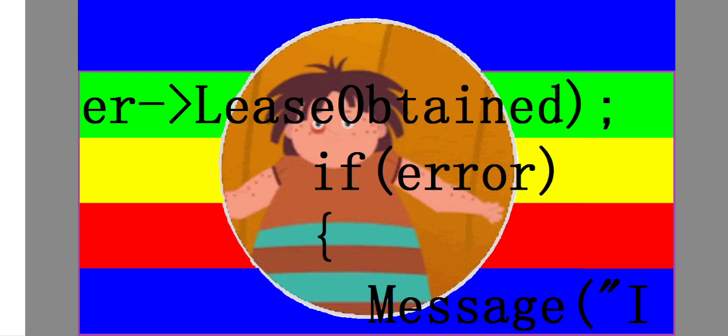Pay attention, error is errno_t, did tap { message("